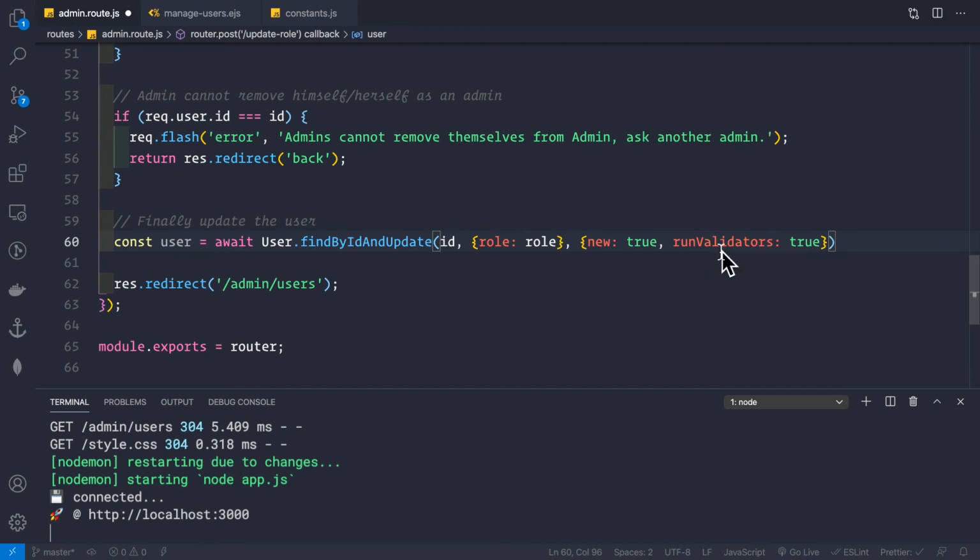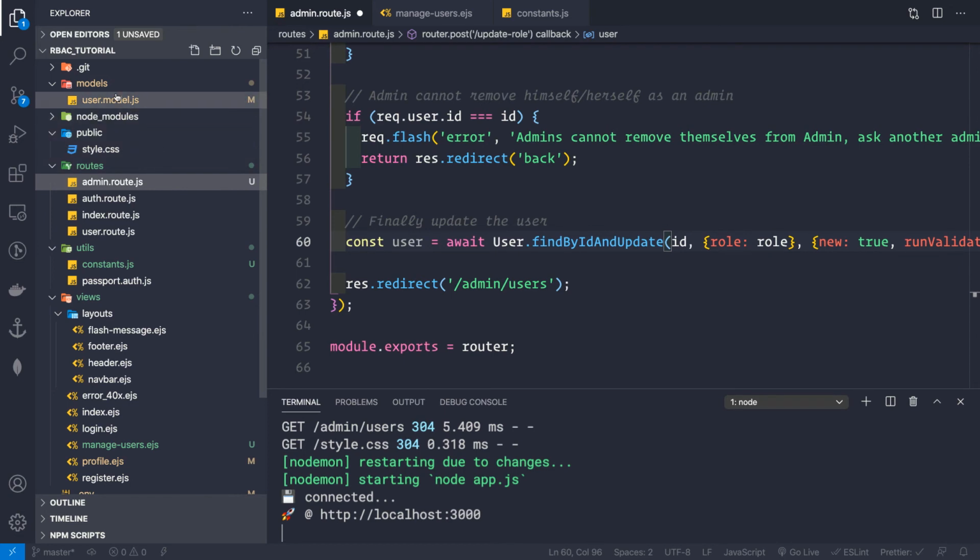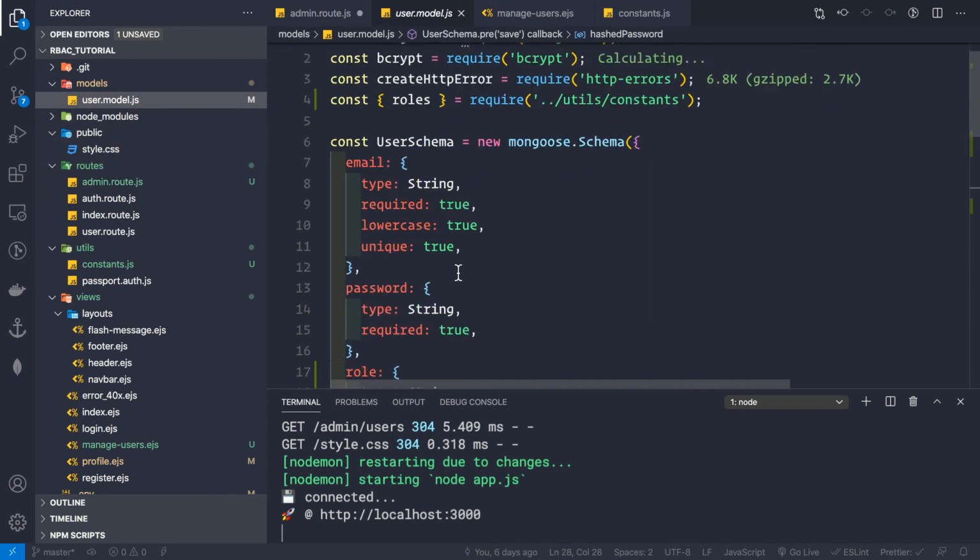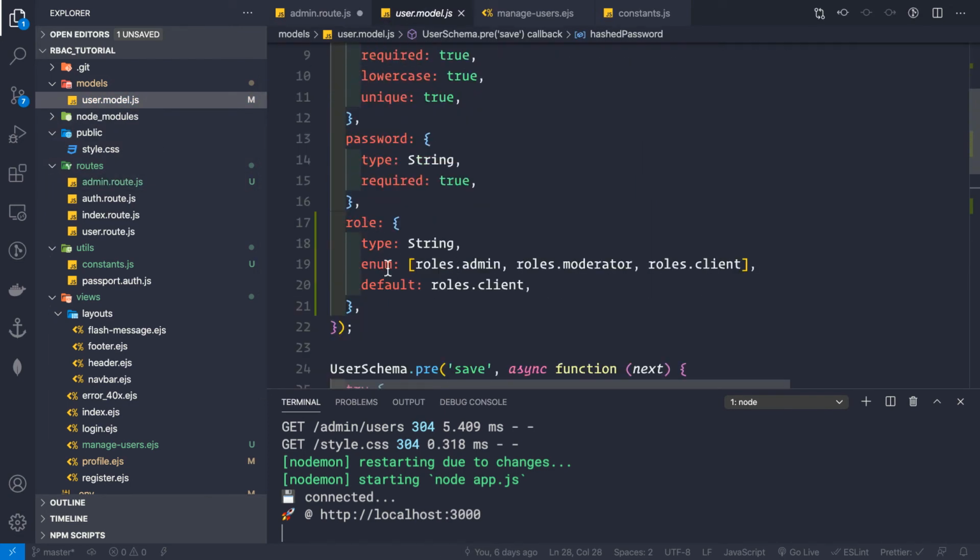And why this runValidators to be true? It is because if we go to our application here and if we go to our user model.js, we see that our role has an enum property that says that this role field can contain only these three types of strings, that is the admin, the moderator, or the client. And this check runs only the first time the document is saved inside a collection and never again.